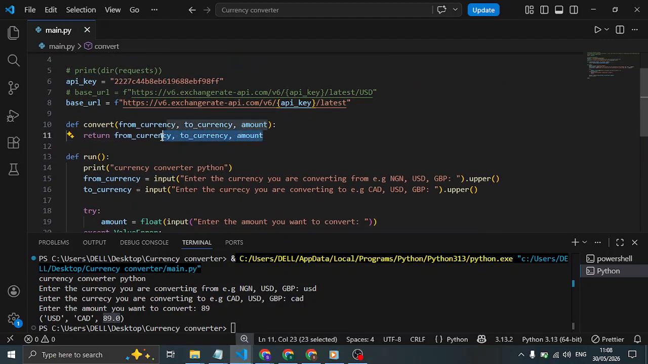The reason I returned these three values was just for us to see that what we are typing here is actually getting to this part. But what we want to do is find a way to run the conversion. So I'm just going to remove all this for now. Let me even remove the return statement. So what we want to do right now is